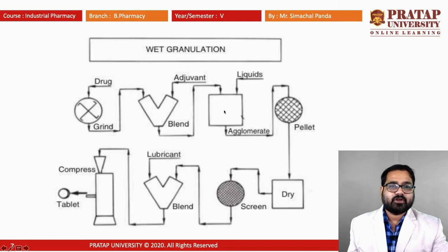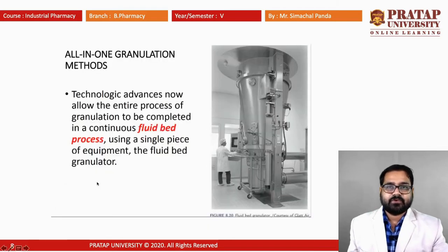We have to go for the agglomerate, then it will form the pellet that has to go for the drying. Generally a fluidized bed dryer is widely used, and after it forms the granule, it has to pass through different screens. Due to the screen they will come close to each other and form the granule. Then again it has to go for the blending along with the lubricant, so that it can flow properly from the hopper to the die and form the tablet. So it will go for the compression machine, and we are getting the tablet in its form.